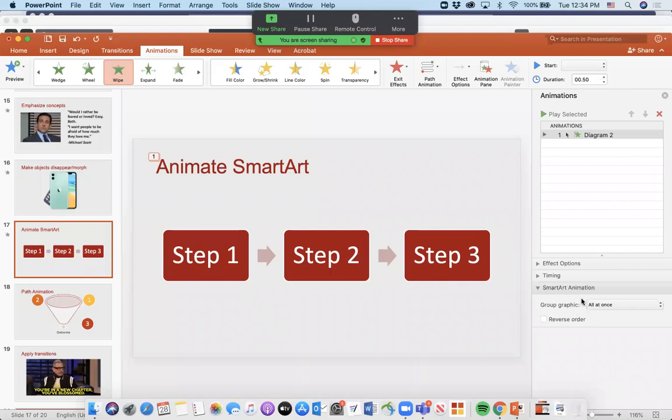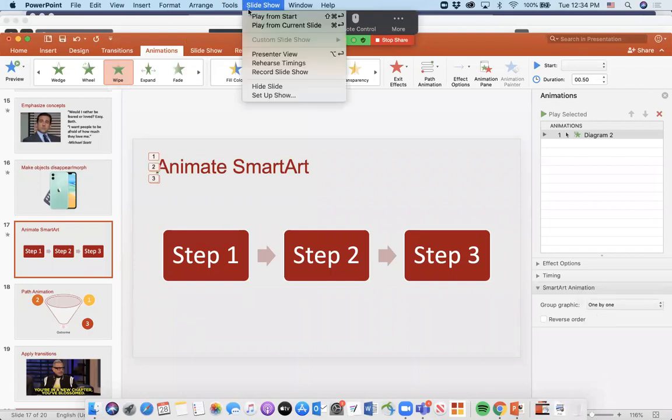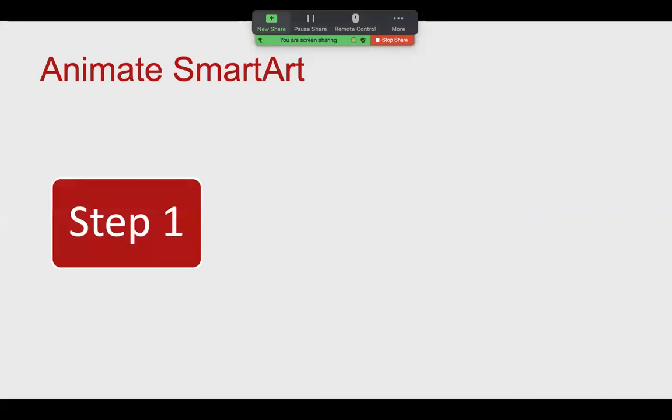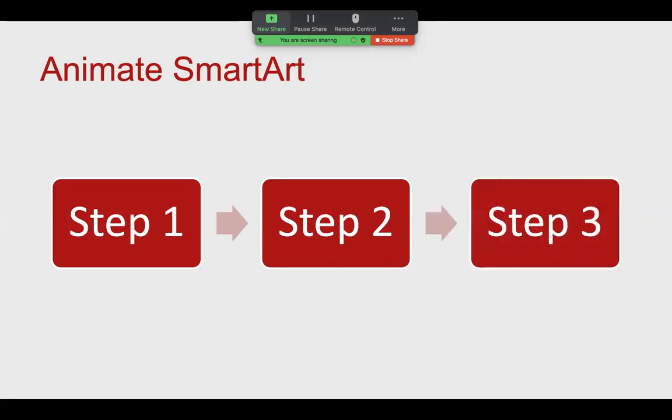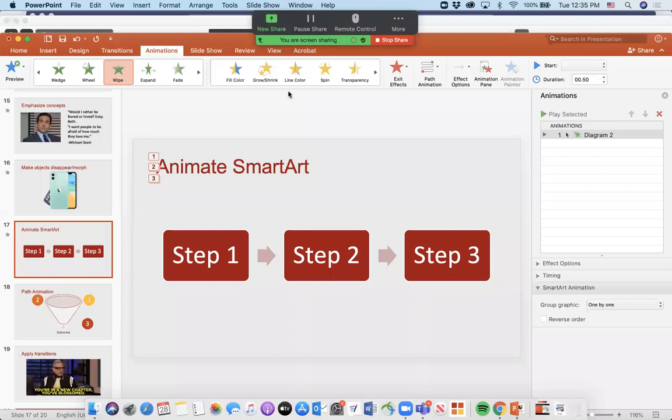But generally, what makes a bigger impact is doing one by one. So if I am presenting and I want to explain each step, I could say, okay, well, for step 1, we're going to do X, Y, and Z. And then we move on to step 2, which includes A, B, C. And then we've got step 3, which includes blah, blah, blah. So I think that's a better way to pace the content if you're using SmartArt. And again, you can animate SmartArt in multiple ways